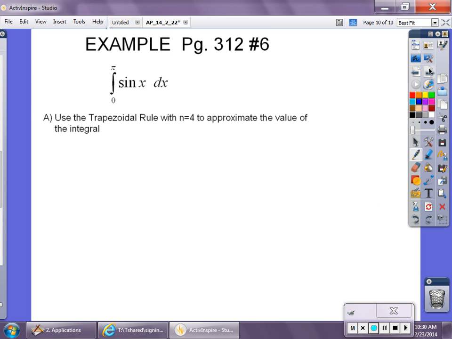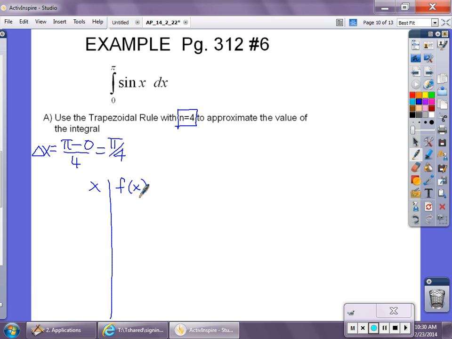All right, so using the trapezoidal rule, with n equal to 4, approximate the value of the integral. Anytime you do that, if they're just telling you n equal to 4, then this is a consistent interval, which means, first of all, delta x equals pi minus 0 divided by 4. So I'll count by pi over 4. So I would start at 0, count by pi over 4, 2 pi over 4, 3 pi over 4, 4 pi over 4, and then